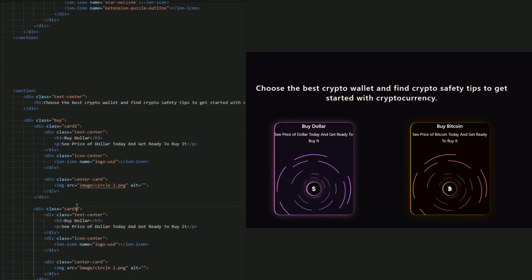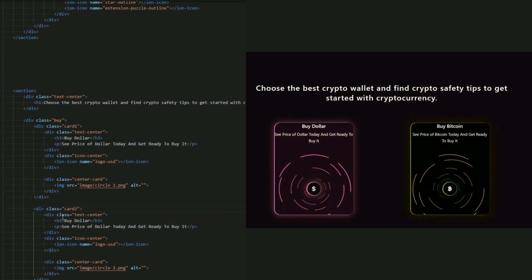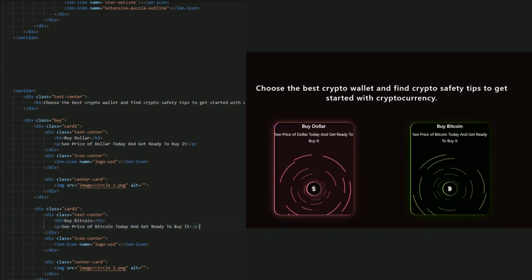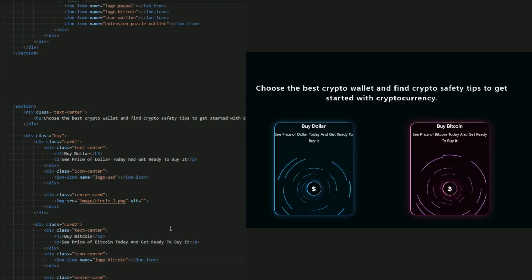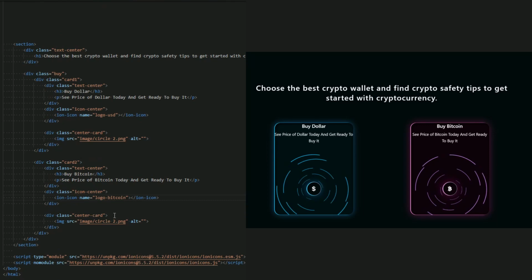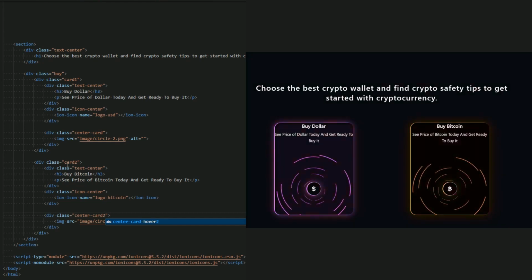Name it card 2, and let me change the text with the icon. There can be a Bitcoin for this card 2, and yeah, the same animation and the same image. And let me change this div and name it center card 2 for the card 2 image.